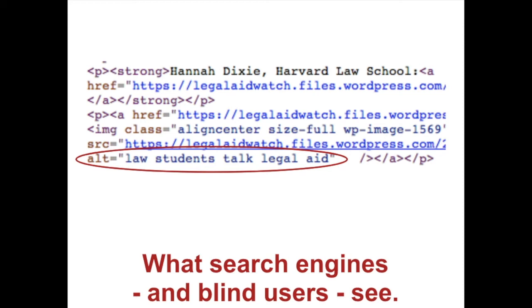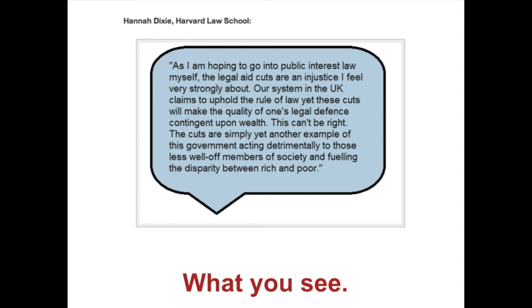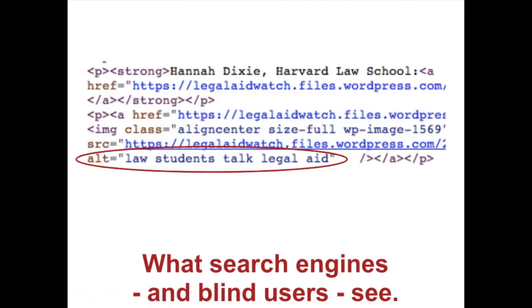First of all, alt tags are designed to describe the image for blind users. So a blind user doesn't actually know what this quote says. It will not read the quote properly to them. So really that alt tag should have the full quote in there in order that a blind user is not being discriminated against. And search engines are the biggest blind users of the web. So you need to make sure that they can read it as well and understand it.